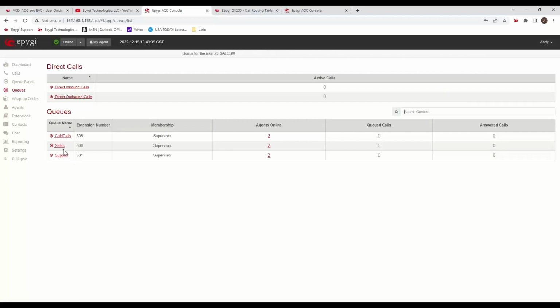Okay, so here's the sales queue, extension 600. I'm logged in as a supervisor. There are 2 agents online. How many calls are queued up? Of course, this is going to change in real time. Okay, we'll answer another call. If I click on this queue,